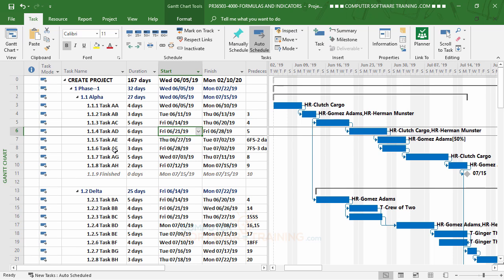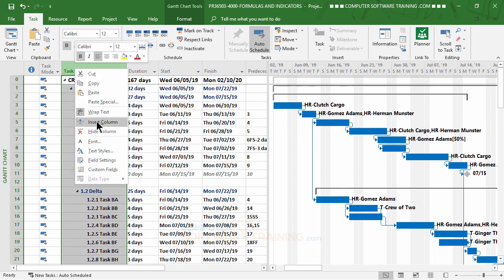What I want to do is create an indicator, maybe a round stoplight type indicator, to the left side of the name here, that will show red if there is no resource on the task. All right, so what we'll do here is insert a new field. It'll push everything over, so we'll right click there, hit insert column,